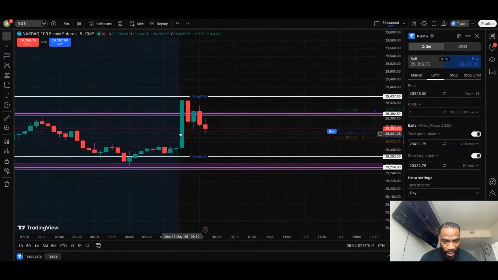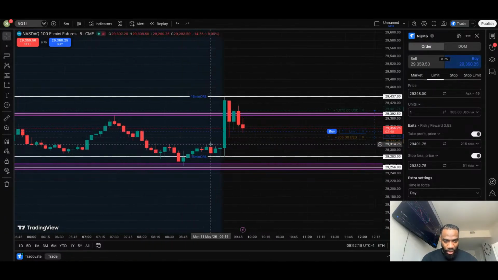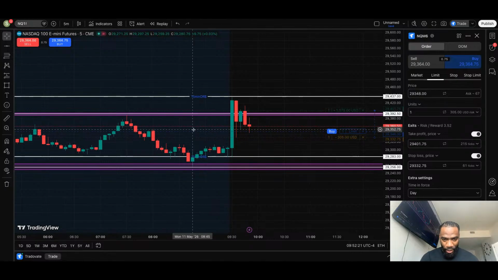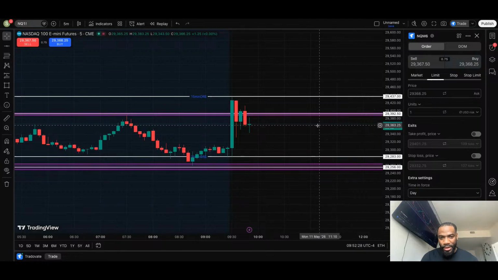Y'all see how these candlesticks move during the opening bell. You just want to be on the right side of it, or you want to be patient. I see price keeps bouncing off of this level right here. I don't have it marked up, so I feel like we're in no man's land. I wouldn't risk it just because of what it's doing right now. I'm gonna wait until I see what I want to see.